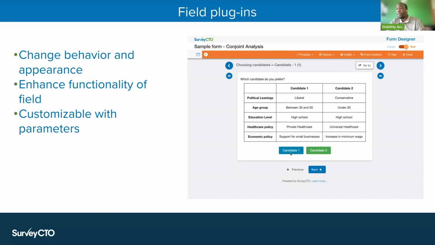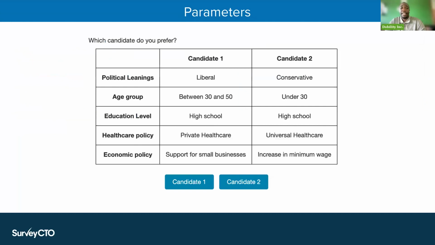And so that when we click on a button, we are able to record responses for a particular question. So in this case, if we clicked on candidate 2, we're basically recording the values around candidate 2 as the selection for this particular field. So with field plugins, you can do a wholesome change in terms of what the field looks like. But you can also create field plugins with a level of flexibility, okay? So field plugins can take in parameters which you can use to further customize